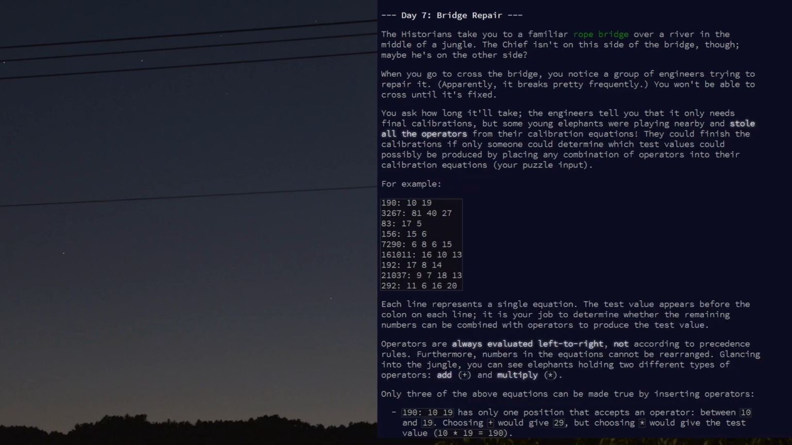Let's have a look at the problem itself. So, we've come across the bridge. We need to repair the bridge, apparently, but some elephants have stolen all the operators for calibrating our equations. So we have this list of values here. On the left-hand side, we've got a larger value usually. On the right-hand side, we are trying to get the value on the left using all the values on the right, all of them, and a combination of